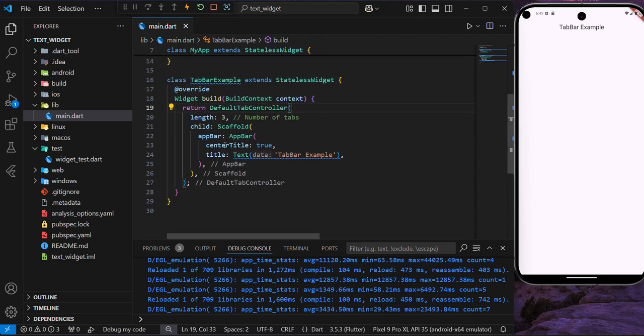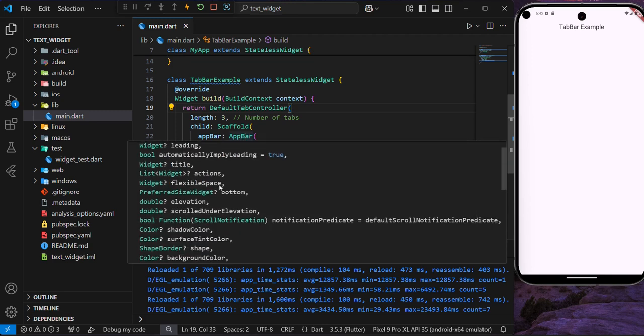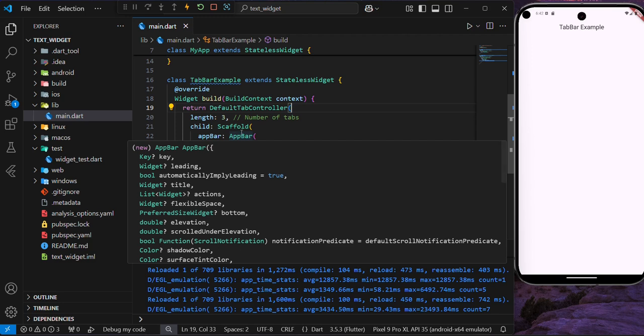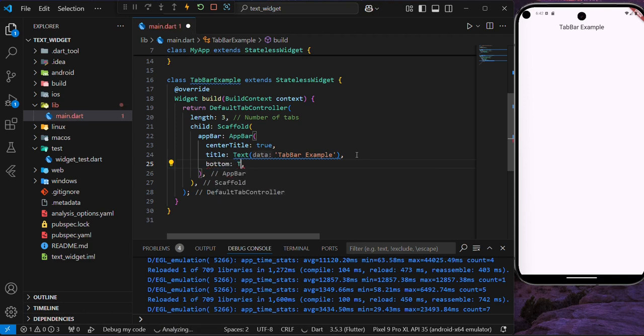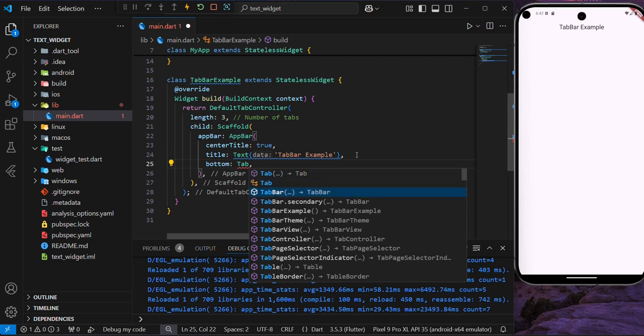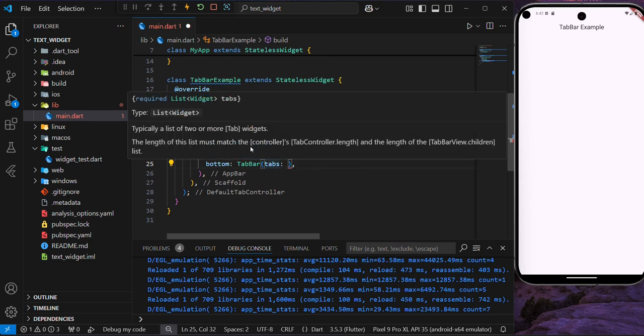So after doing this, the next thing I'm going to do is make use of the bottom property in my app bar so that I can display my TabBar at the bottom of my app bar here. So I'm going to say bottom, which is going to take a widget called TabBar, and then my TabBar is going to take tabs,